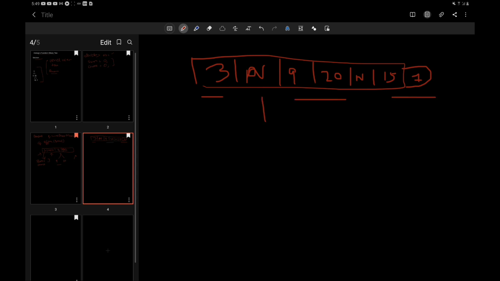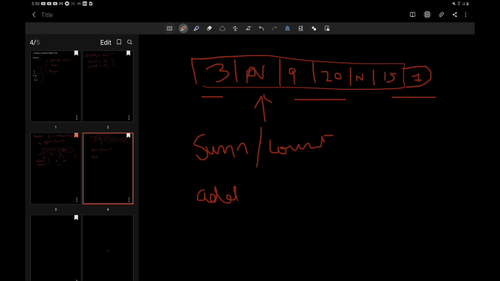Whenever we encounter the value null, we just divide the sum by the count and add it to our answer list that we are going to return.